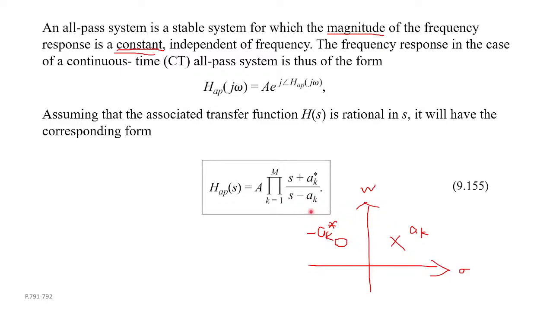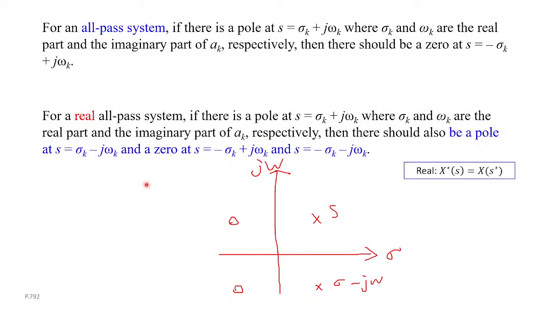So you see that if H has this form, where the poles and zeros come in pairs, times some constant A here, then this thing will have constant magnitude because this side always has magnitude 1. And so this is sufficient, and I think you can prove that it is necessary, which we will not prove here. So that's the allpass system.